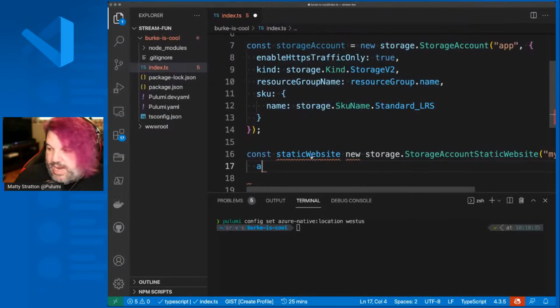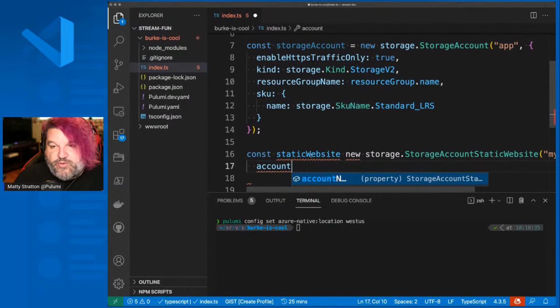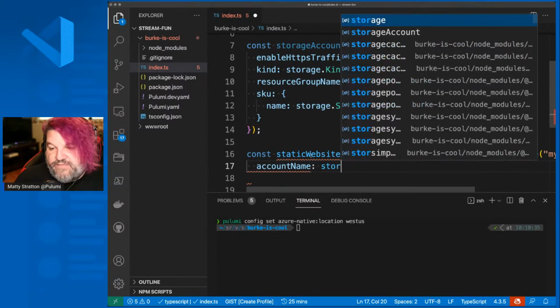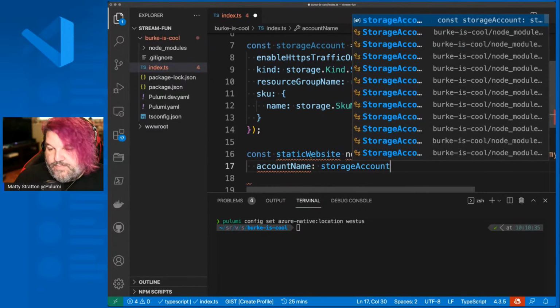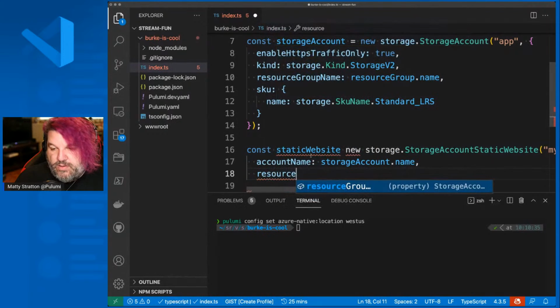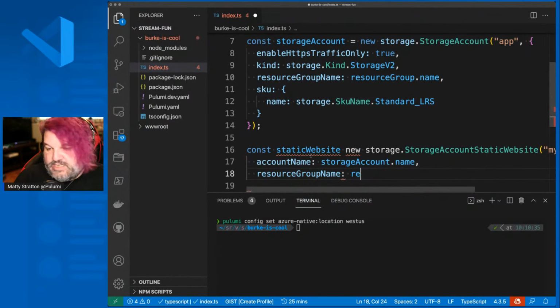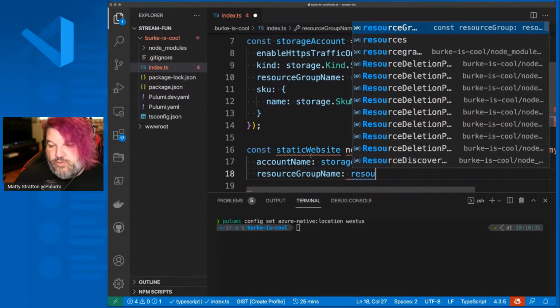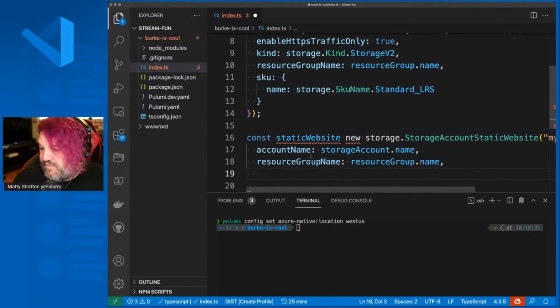The account name is that, because we've created that storage account before, we can just pull up that value, storage account.name. And then the resource group name is the same idea. We already have this resource group that was created, so we can just enumerate its name off of that.